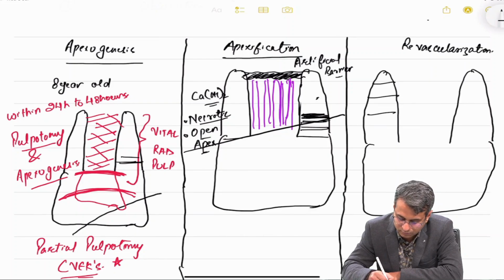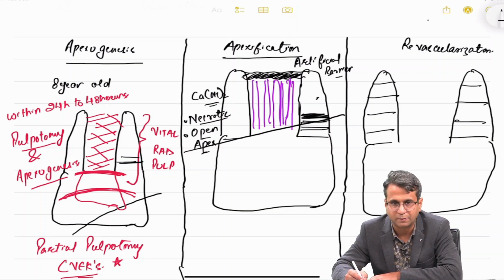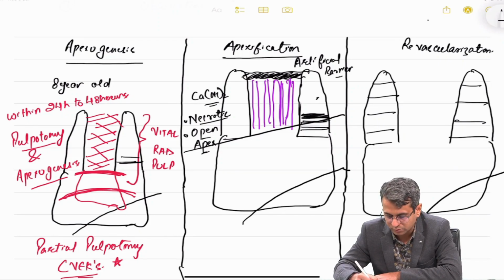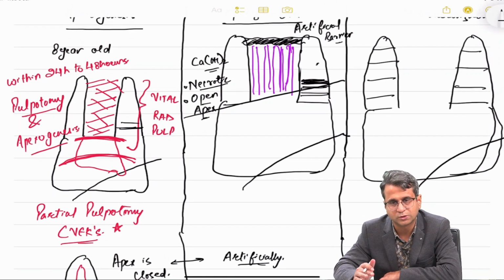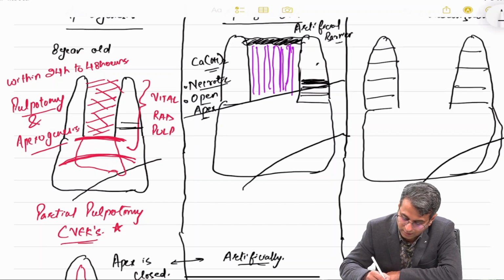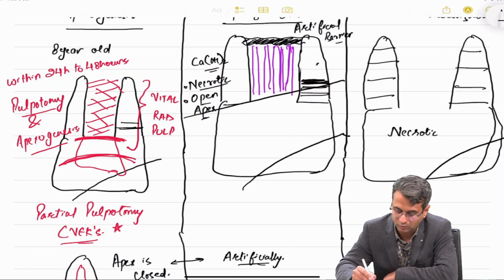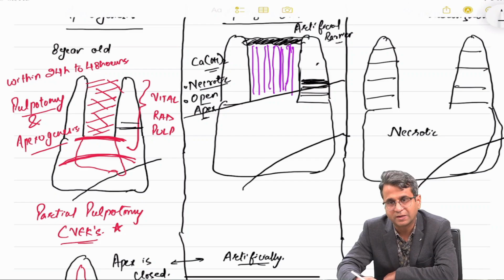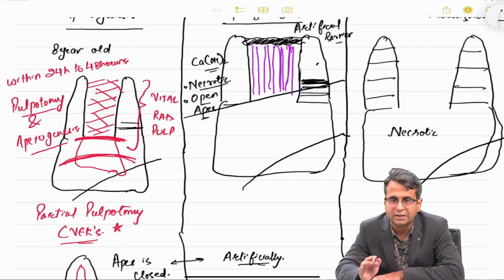Now the same patient comes to us after 7 days of pulpal exposure. So pulpal exposure was here also, pulpal exposure is here also. After 7 days of pulp exposure, again the patient comes to us. Now again you need to understand over here that the pulp will be necrotic. Necrotic pulp is dead. And by doing apexification, we will freeze the tooth at this moment, meaning the picture will remain the same. The root will not grow in length. The root will not grow in thickness. So we know that ultimately this tooth will be doomed,